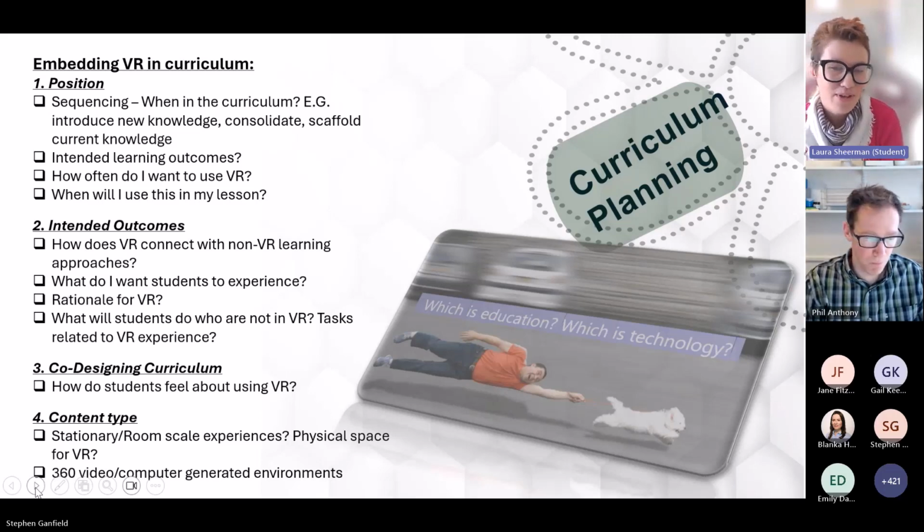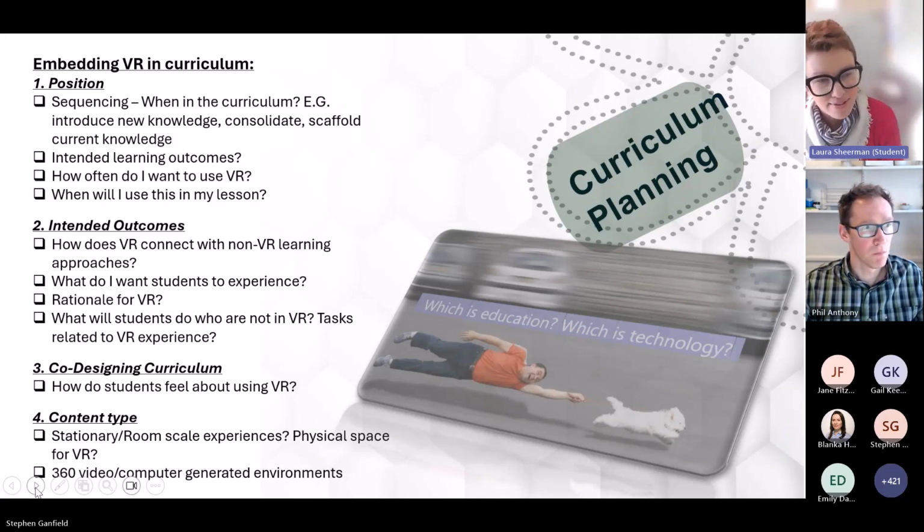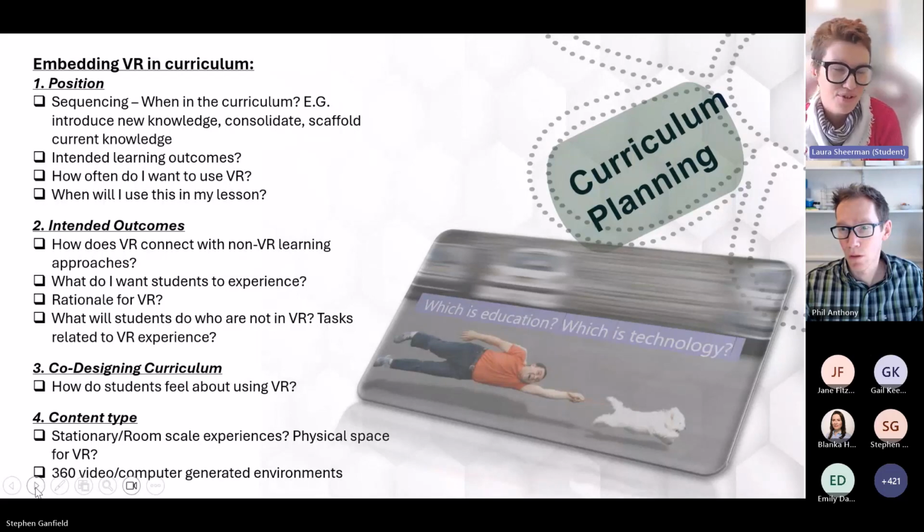So to support both types of educator, we considered support around the positioning of VR: what are the intended learning outcomes, how often do I want to use VR, and intended outcomes and sequencing. And also looking to the students to be involved in that process. Students quite like to get involved in the co-production of curriculum. So looking at ways to bring in the student voice and asking how students feel about VR, where they position VR, where the gaps in curriculum are for them, and where they think this technology could support them.